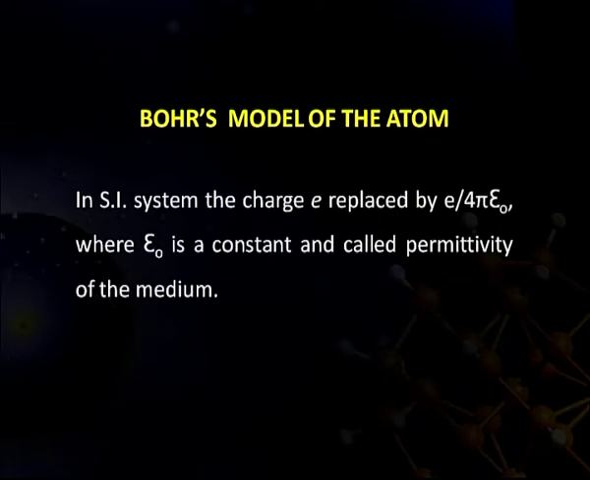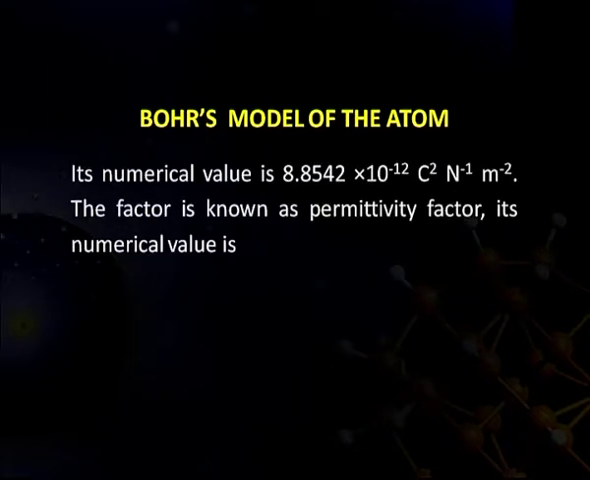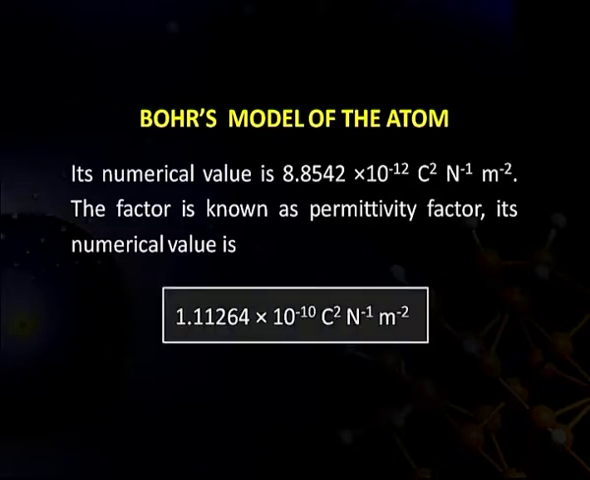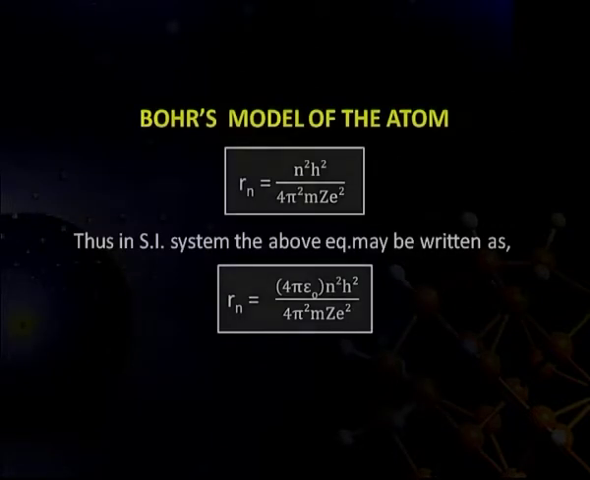In the SI system, the charge e is replaced by e upon root of 4 pi epsilon 0, where epsilon 0 is a constant called the permittivity of the medium. Its numerical value is 8.8542 into 10 raised to the power minus 12 coulombs square per Newton per meter square. The factor 4 pi epsilon 0 is known as the permittivity factor. Its numerical value is 1.11264 into 10 raised to the power minus 10 coulombs square per Newton per meter square,